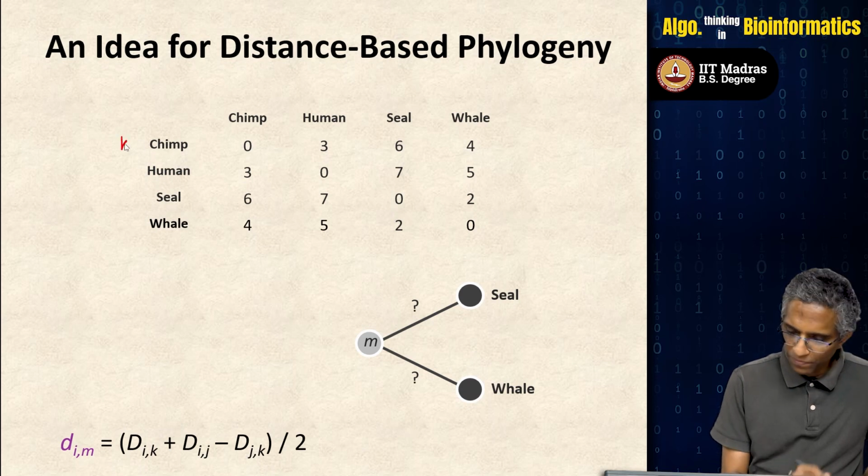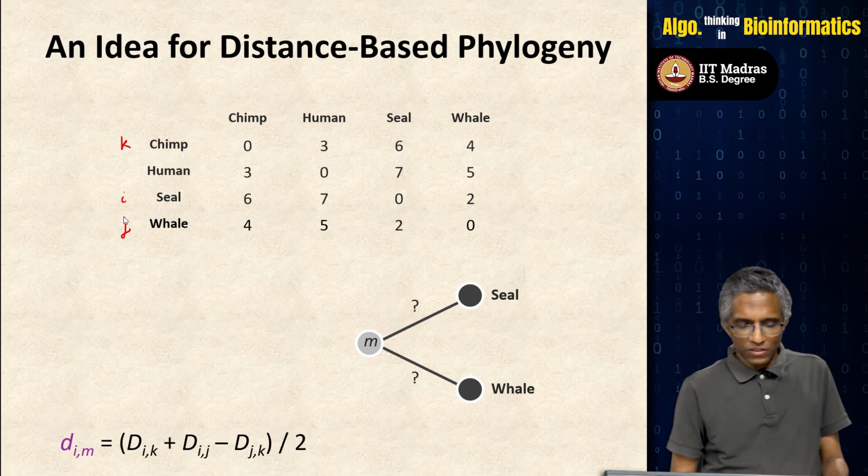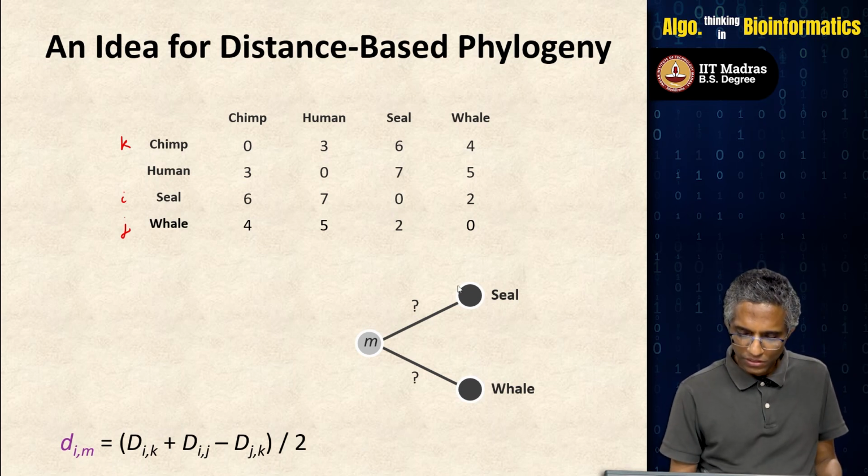So, this is k, seal is i, whale is j. Okay. So, using this formula, d i to m is what is this, right. So, this is going to be d seal to chimp